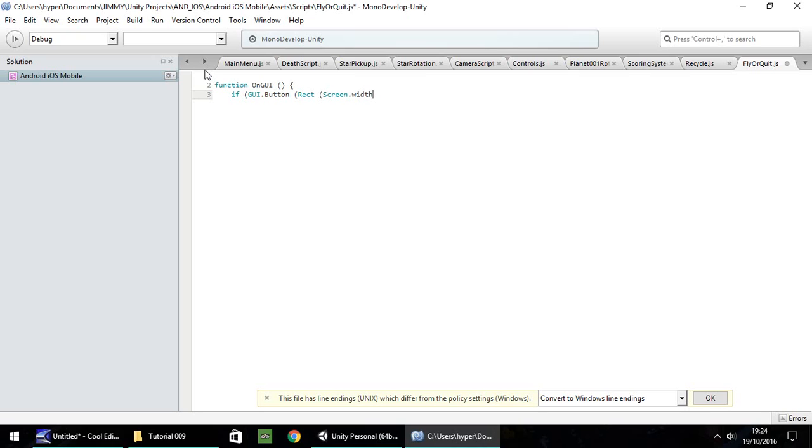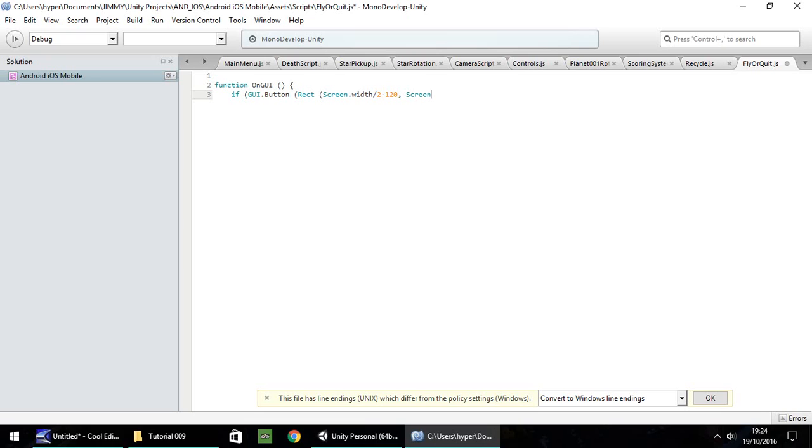So now what it's doing is representing a number, which is the entire width of the screen which is being displayed on. Divide that by 2, so it creates half, minus 120. So what that's doing is it's working out where the middle of the screen is, and it's placing it just to the left of the middle by 120 pixels in this case. Comma,